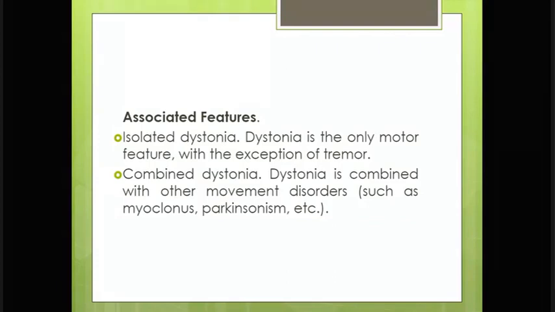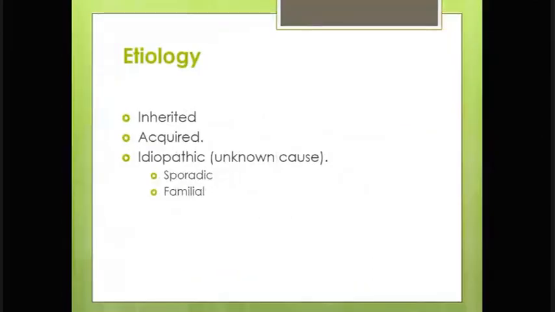Isolated dystonia is dystonia with motor features only, with the exception of a tremor, because we said there is something called dystonic tremor. Although dystonic tremor is dystonia, not a tremor, we call it dystonic tremor. The etiology could be inherited, acquired, or idiopathic. Idiopathic is either sporadic or familial. And there are different types of acquired: it can be infectious, which is a large group, drug-induced,